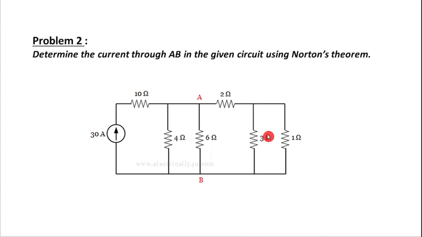We can have a look at another problem here. Determine the current through AB in the given circuit using Norton's theorem. Here AB is given like this. There is a 6 ohm resistance, so we have to find the current through the 6 ohm resistance. This 6 ohm is considered as the load for this problem. Okay. And here there is a current source and many internal resistances are given. Right. So to solve this,